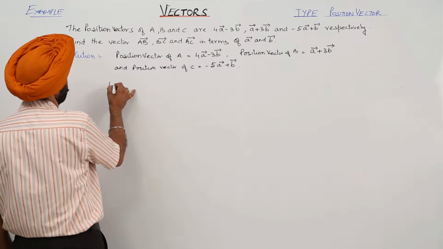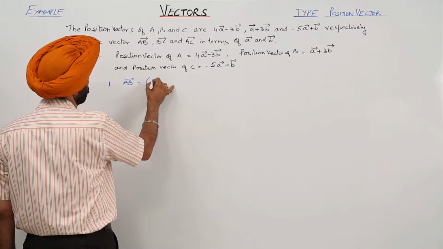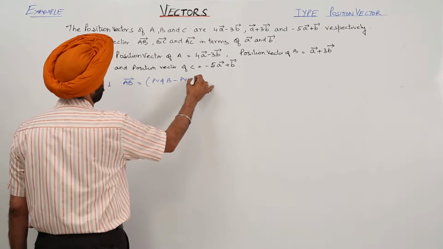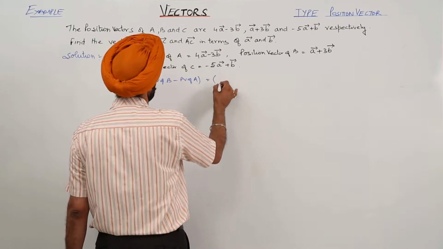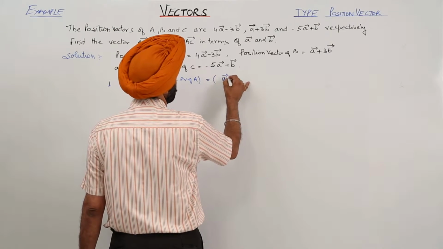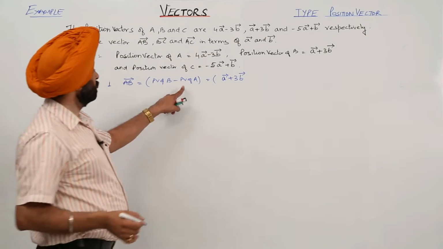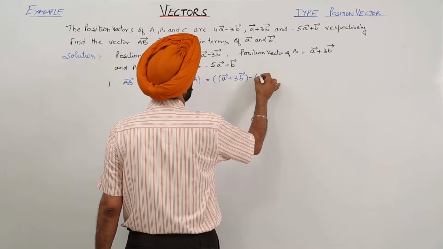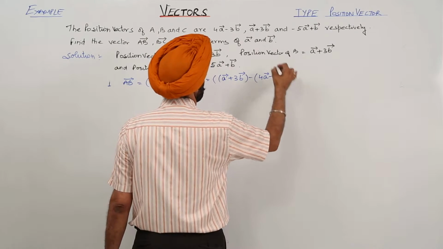Now number 1, vector AB is equal to position vector of B minus position vector of A. Okay, simple step. Now position vector of B, it is A plus 3 vector B, then minus 4A, now opening the bracket,